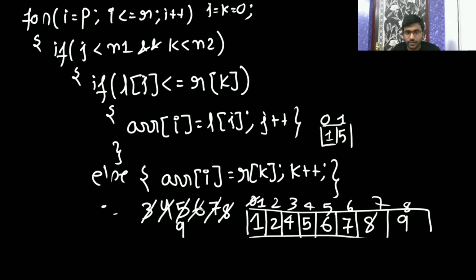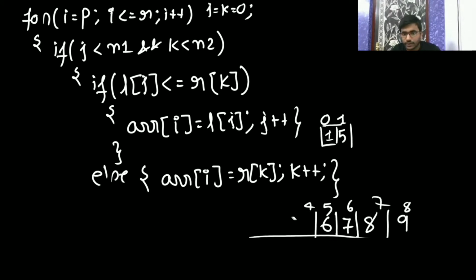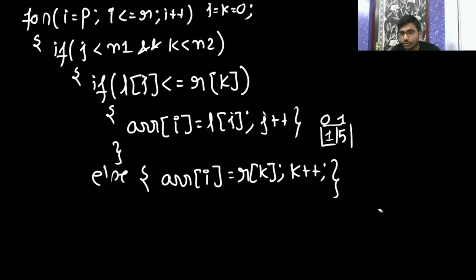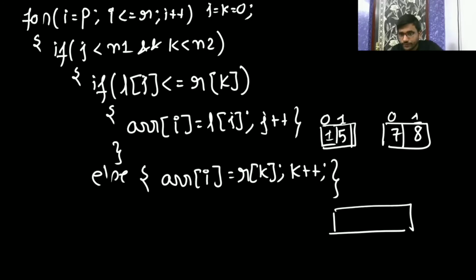Now, if I change the array and take only two elements, it will be fast. In that case, I am going to always go to the else part. See, in what case is it always going to the else part? Indexes 0, 1, two elements, here 7 and 8. So 4 is going to be the actual size.